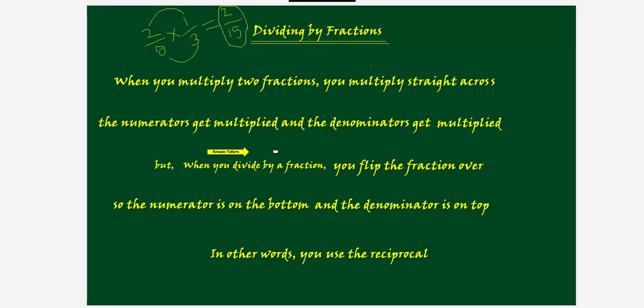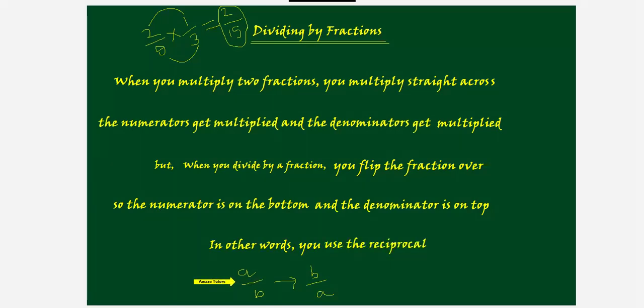But when you divide by a fraction, you have to flip that fraction you are dividing by so that the numerator is on top and the denominator is at the bottom. That is also called reciprocal or reciprocating. If a fraction is a by b, the reciprocal of this fraction is just switching the numerator and denominator. In other words, upside down. You are writing the number upside down. So b comes to the top, a comes to the bottom. This is what is called reciprocating.